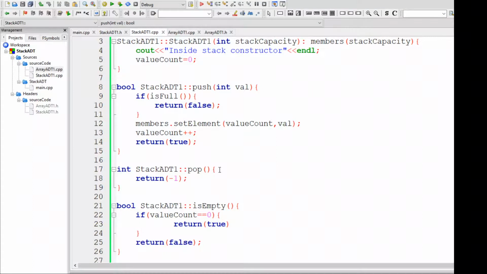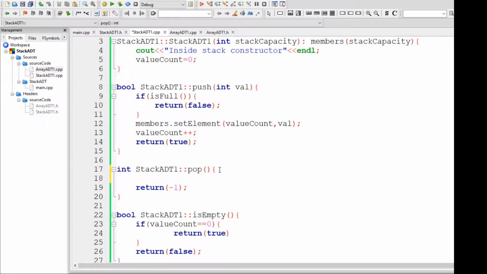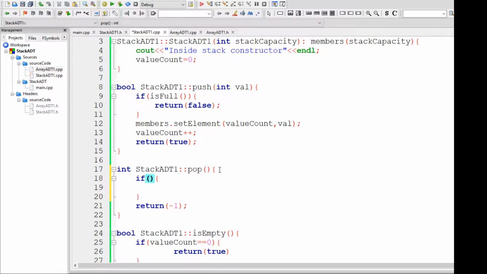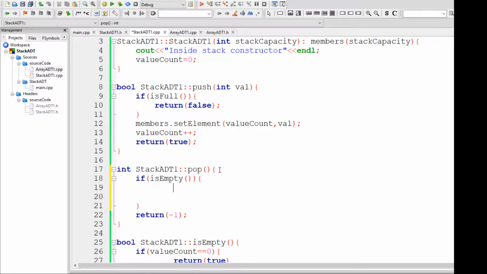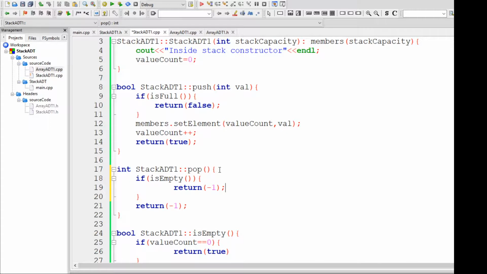I'm going to check for pop: if it's empty, true, in that case I should return a default value. I'm calling it -1. Again, this is not the best way to handle it, but we will improve. This is our first iteration of implementation.